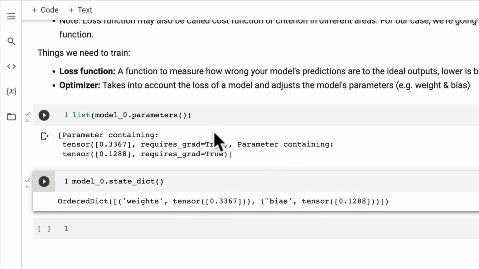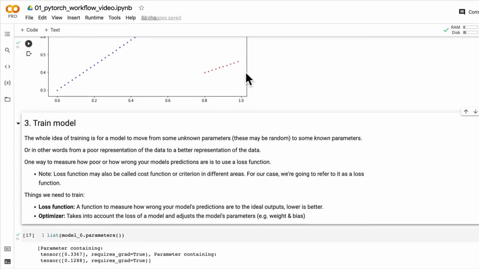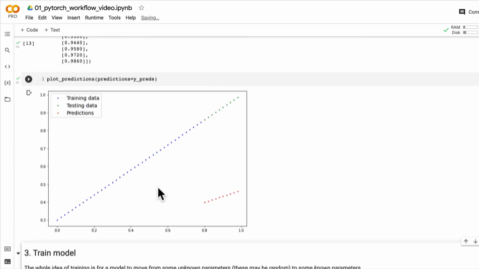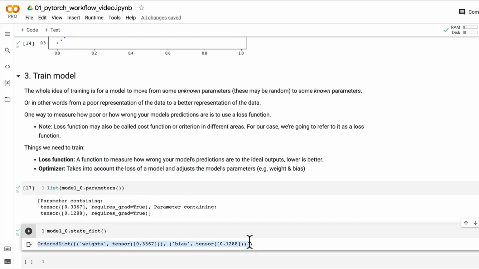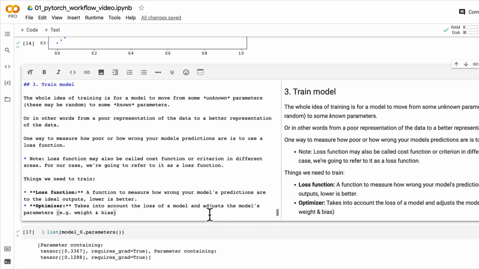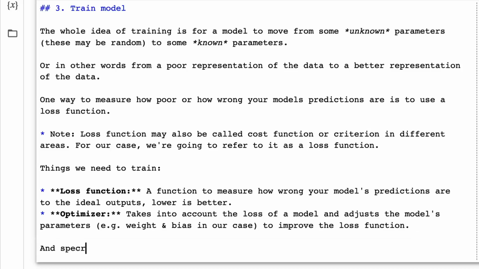However, the principles that we're learning here are going to be the same: taking a loss function and trying to minimize it, so getting it lower, so the ideal model will predict exactly what our test data is. And an optimizer will take into account the loss and will adjust a model's parameters, in our case weight and bias, to improve the loss function. And specifically for PyTorch,